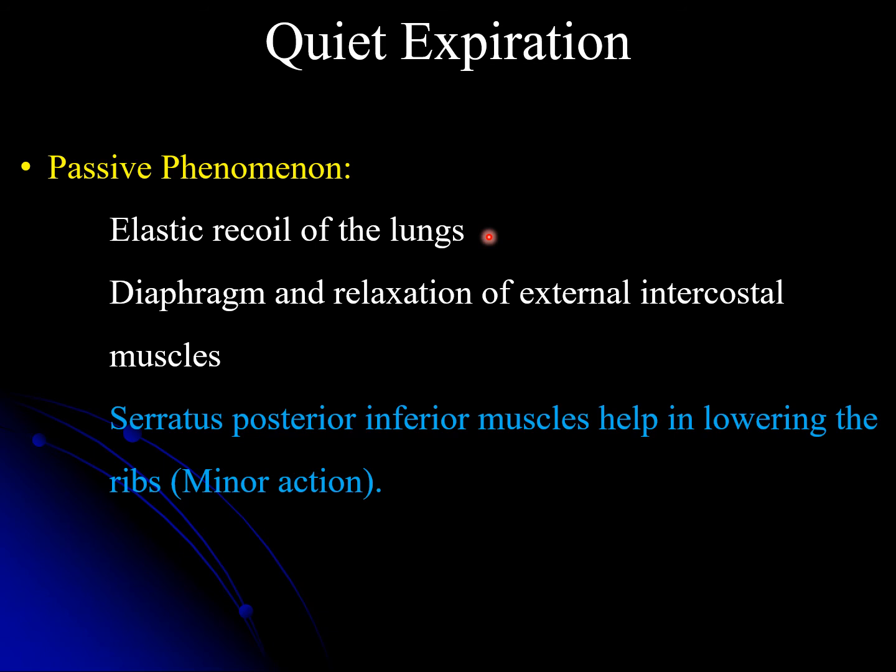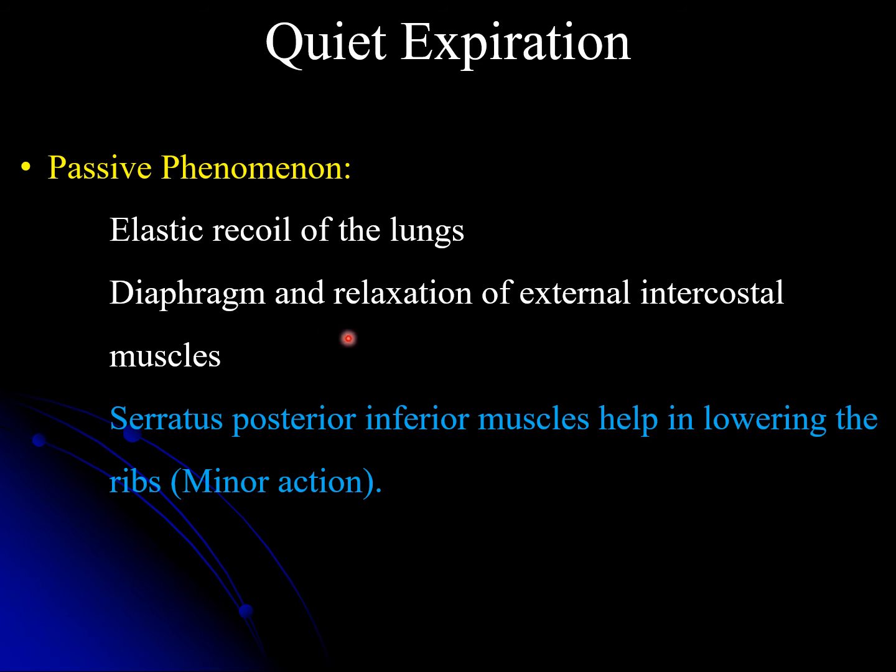We already discussed that our alveoli as well as the bronchial tree are enclosed in very fine thread-like elastic fibers. It is just like a balloon: you inflate a balloon, and as you deflate it, you don't need any external stimulus. The same is happening here. As we inflate the lungs, the elastic tissue stretches out, and as the air goes out, that stretched elastic tissue moves back to its normal position. That mechanism is known as elastic recoiling of the lungs.